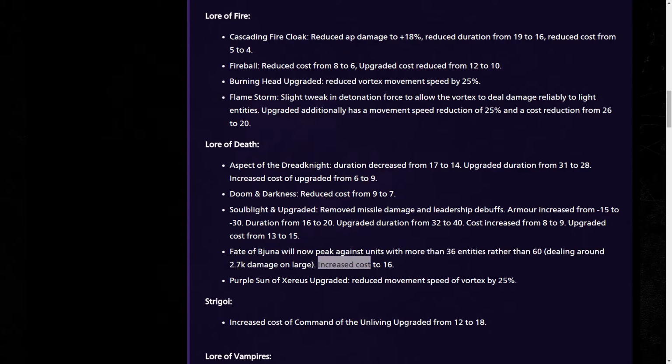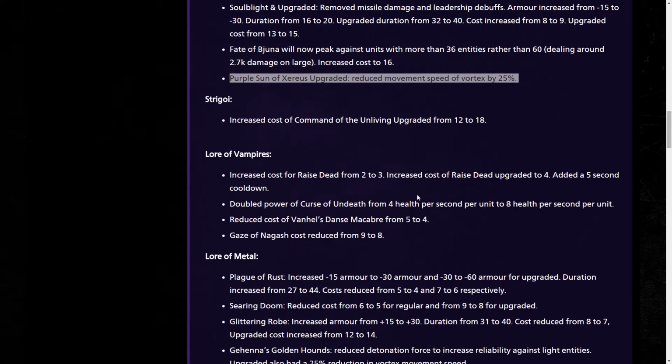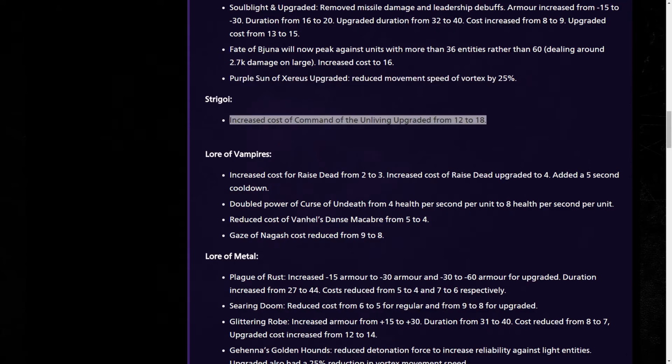I'm not sure. Cost will be 16 for 2.7k damage. Well, I'm pretty sure Flock of Doom will still be a lot better, but whatever. Again, Purple Circus, the same thing, speed of the Vortex decreased. Strigoi. Okay, that is Command of Anivik upgrade from 12 to 14 in cost, to 18 in cost. Fine, I have to admit I haven't played that much Strigoi, so I wouldn't be able to tell you. Now this is something that you absolutely have to actually...